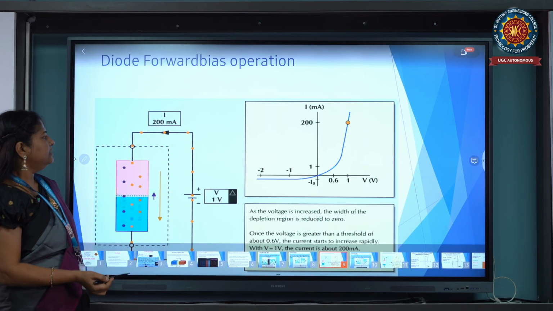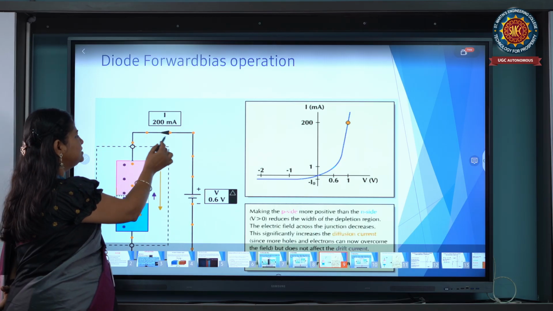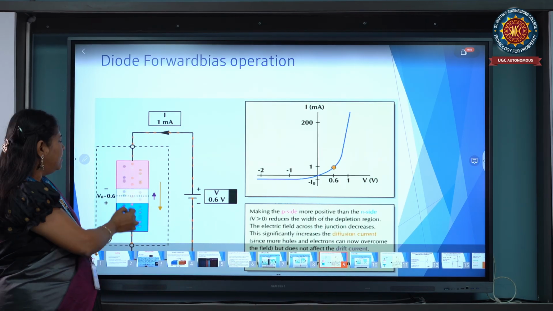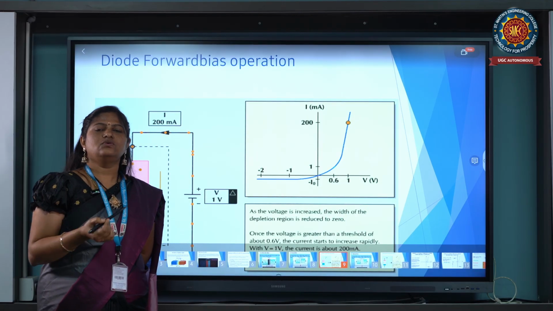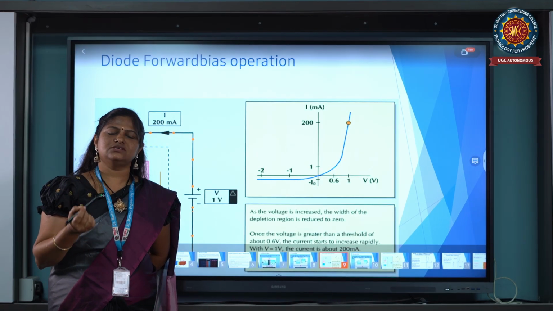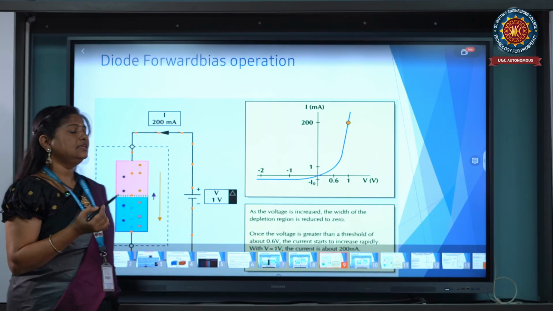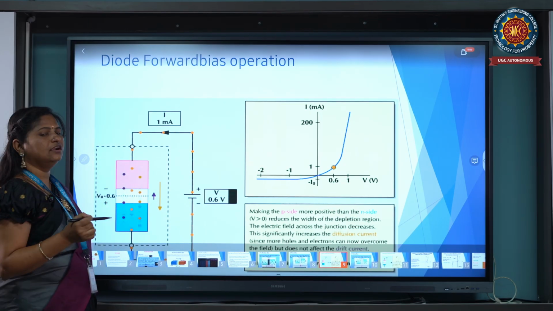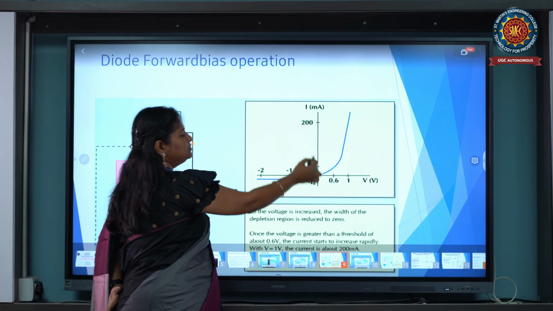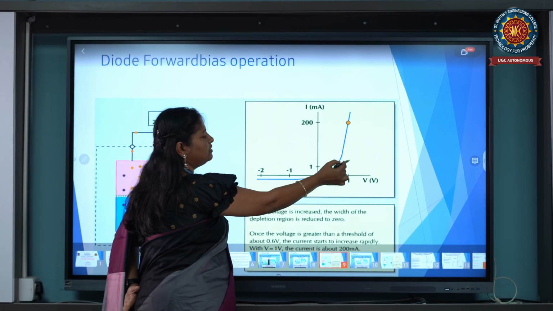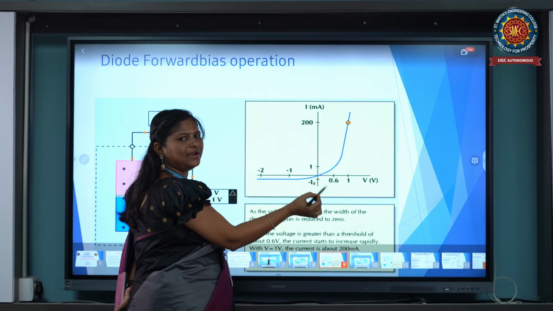And here we can observe these orange dots indicate the electron flow and the black dots indicate the hole flow. Always the hole direction and electron direction are opposite. The hole direction indicates the current flow direction of the diode, and this is the positive characteristic, or VI characteristics, in the forward bias condition.